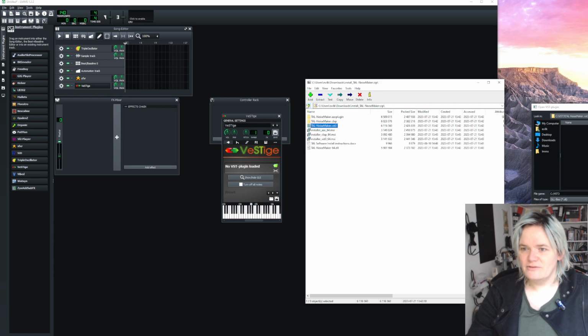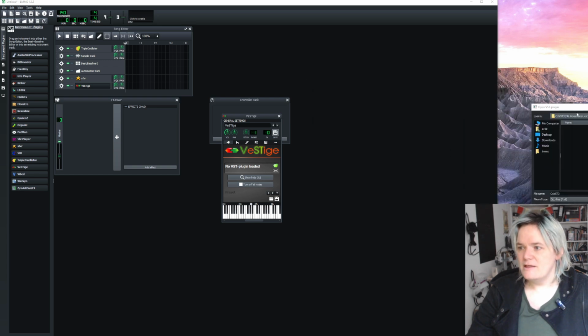You will have this download here and you'll be like, oh, what do I do? You just need that DLL. You drag that DLL somewhere, and then with the VST program, the Vestige thing,